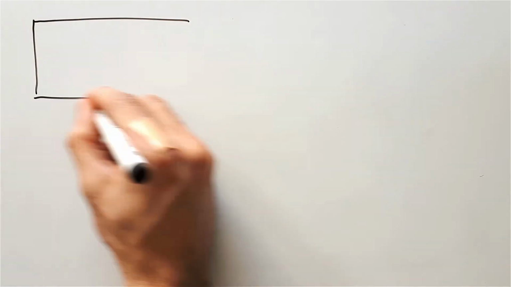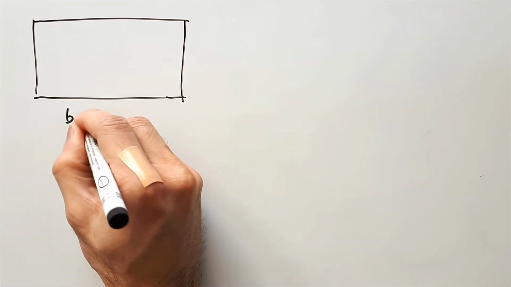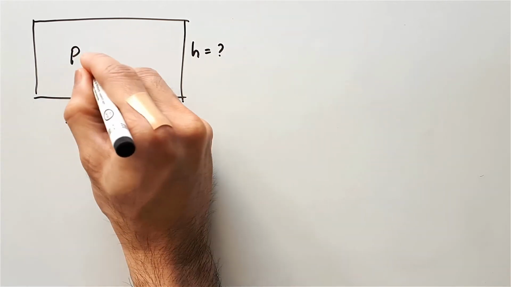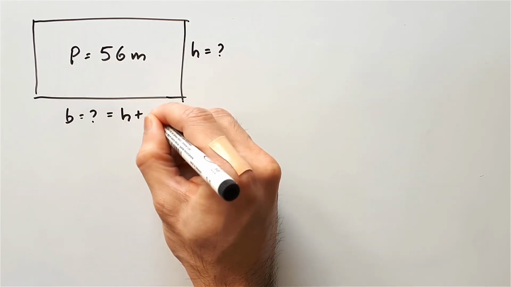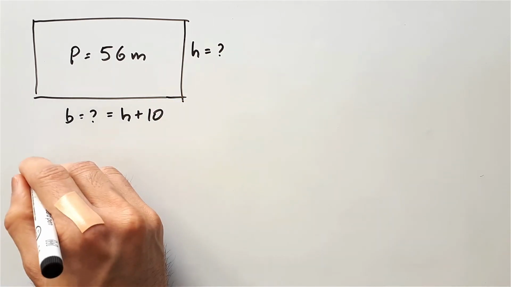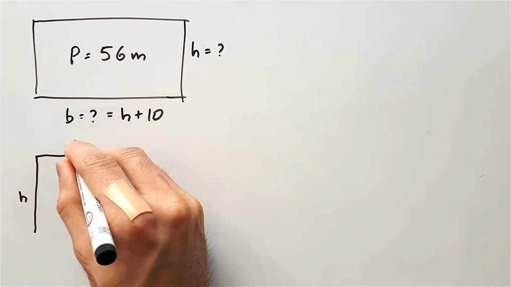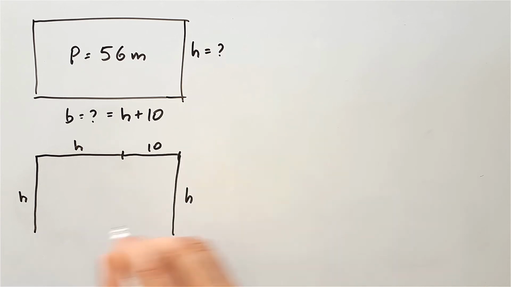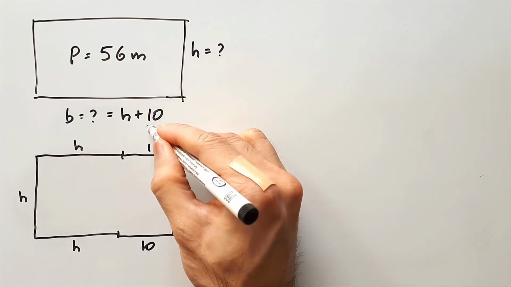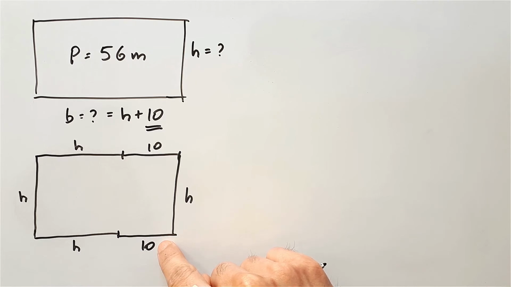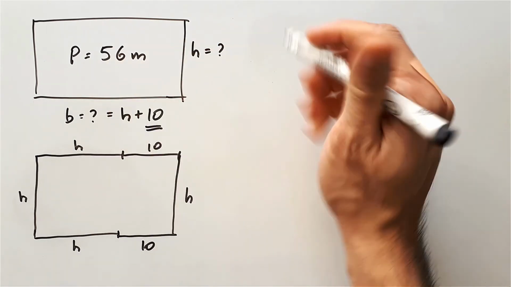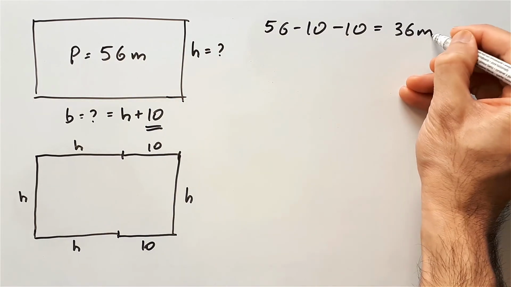You can apply it to geometrical problems. For example, if you wanted to create a rectangle, what is the base and what is the height with a perimeter of 56 meters, given that the base needs to be 10 meters longer than the height? So the rectangle has two sides of h, while the top and bottom sides are h plus 10. In this question, we can see that 10 is the extra bit, but it's being used 2 times in this problem, and so we need to subtract it from 56 2 times, leaving us with 36 meters,